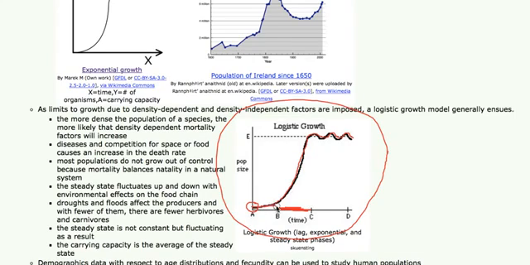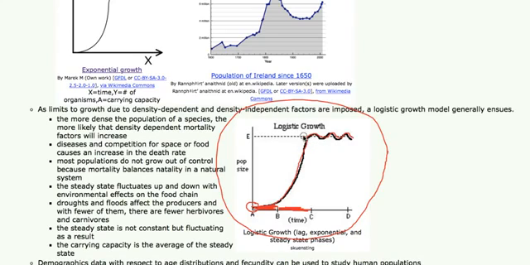The phase from A to B is the lag phase here, and that's when there's little to no growth, but birth is still higher than death rates, but it's not much higher. B to C is the exponential phase, where birth rates are far higher than death rates. And then C to D is the steady state. And it's at that time where birth rates basically are balancing out death rates.